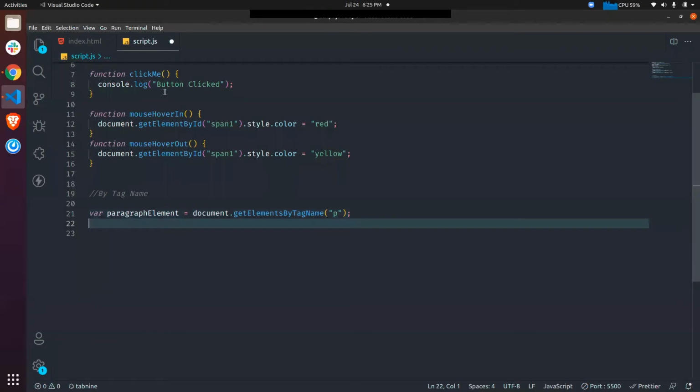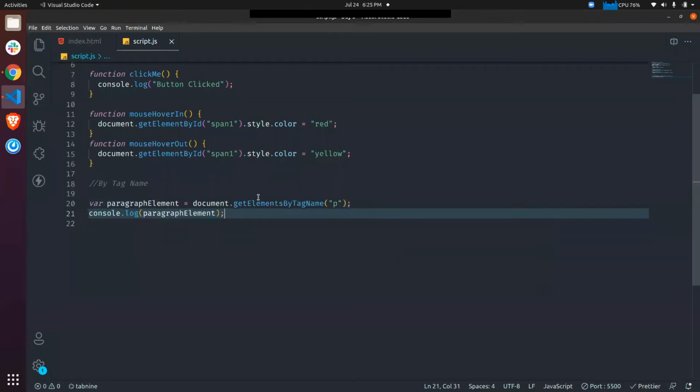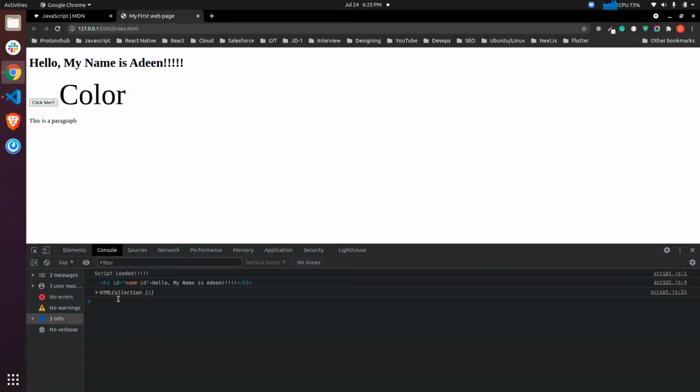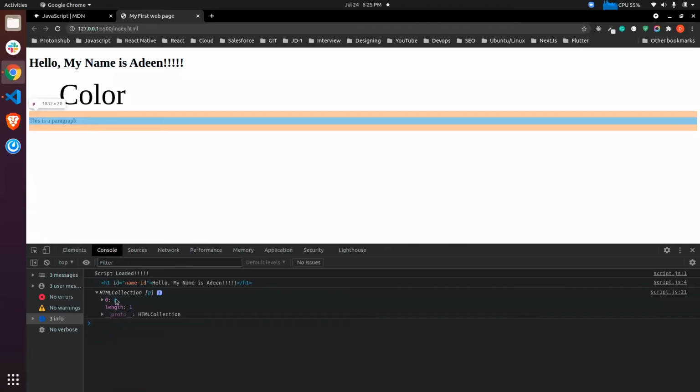And let's say if I console log the paragraph element, I should get the element, right? I am getting something which is called an HTML collection, and inside that I am getting a p. If I hover on that particular p, I am getting the paragraph tag.